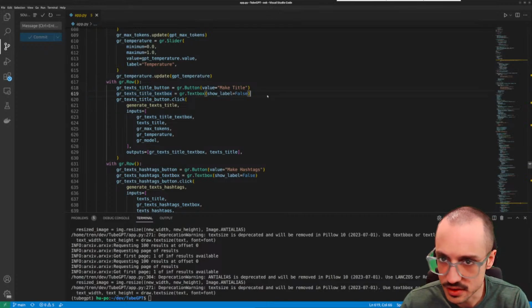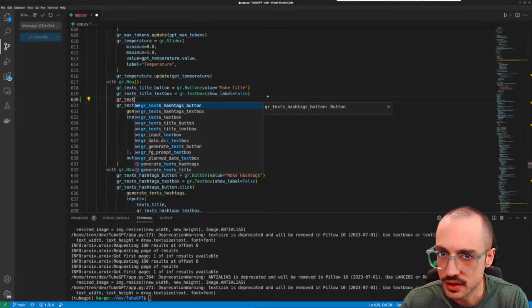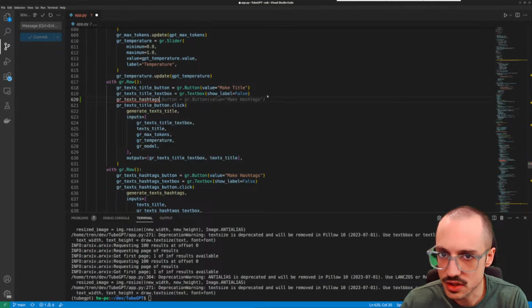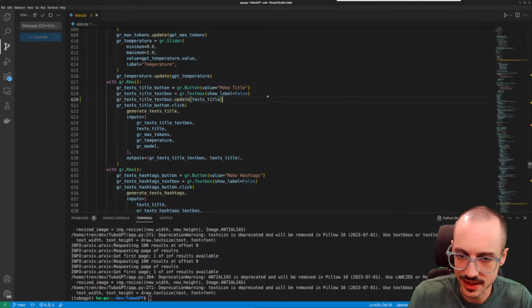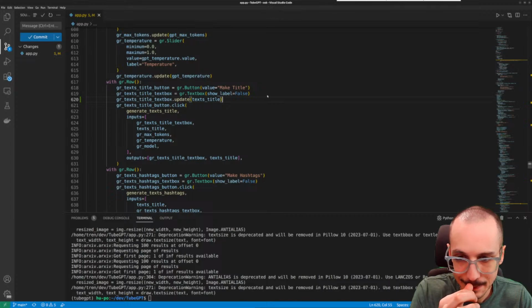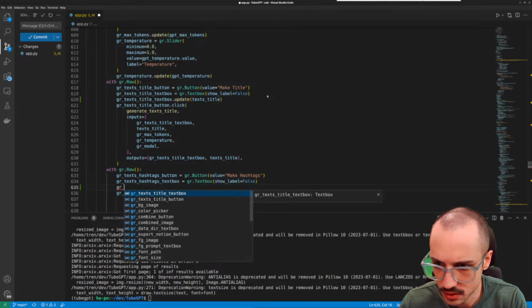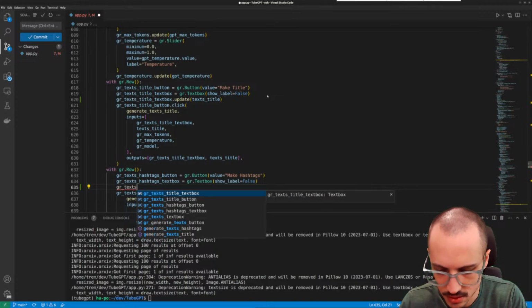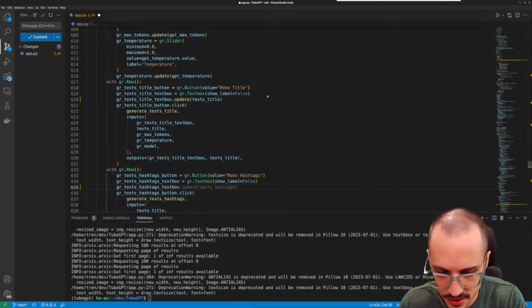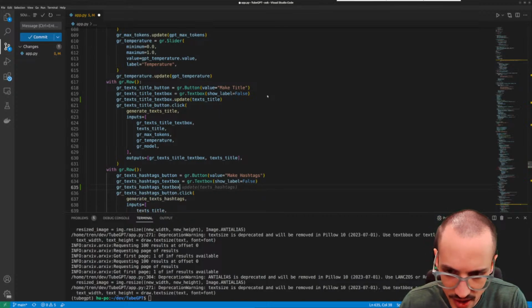We need to do this. GR text title text box dot update text's title. Same thing here. GR texts hashtags text box dot update. So that means that as soon as we change that, it'll